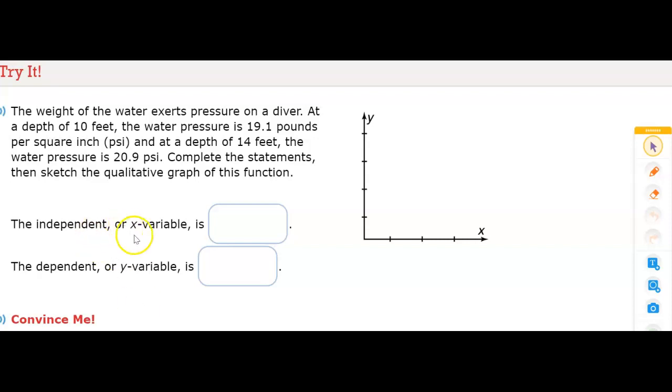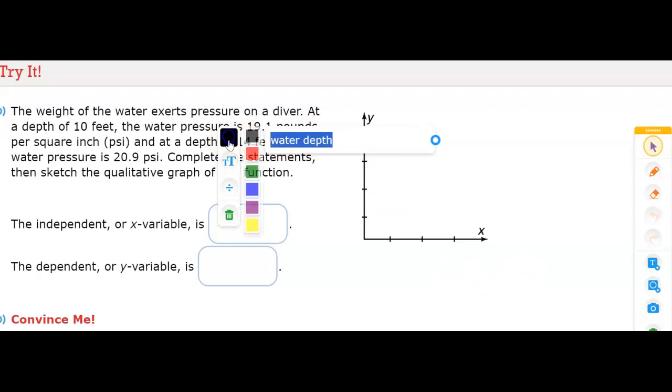The independent or x variable is blank. The dependent or y variable is blank. It says at a depth of 10 feet, the water pressure is 19 1/10. So the independent variable is the one that determines what happens to the dependent or y variable. So the depth, the water depth, would be the x or independent variable,